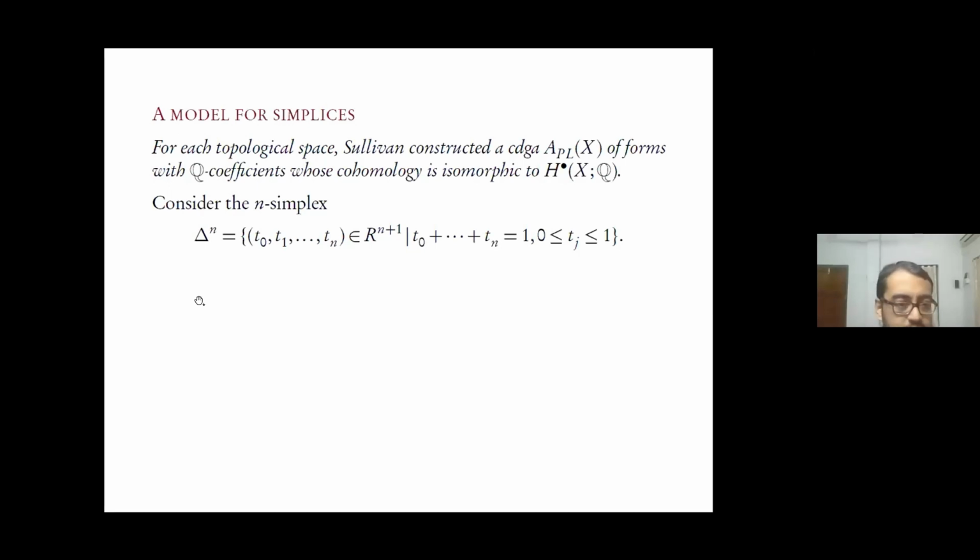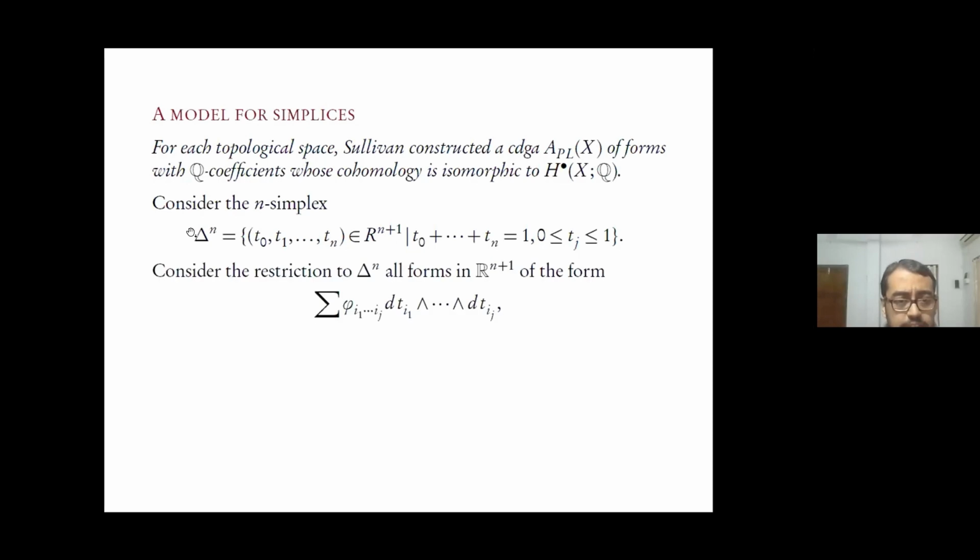So Δ^n is simply going to be (t0, t1, ..., tn) such that the summation of ti is 1 and the ti's are between 0 and 1. So this is nothing but the convex hull of the basis vectors of R^(n+1), and this is an n-dimensional simplex. So what you could do is consider the restriction to this simplex of all forms in R^(n+1). So R^(n+1) has the usual forms, but now you restrict your choice of forms, and by forms I mean differential forms,